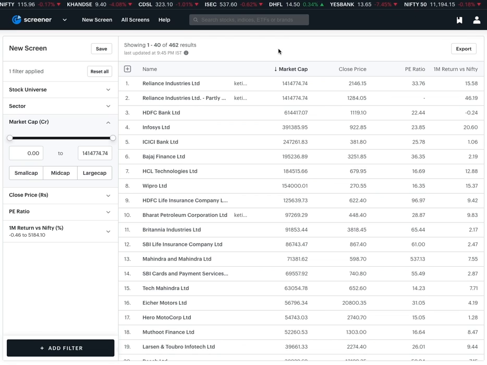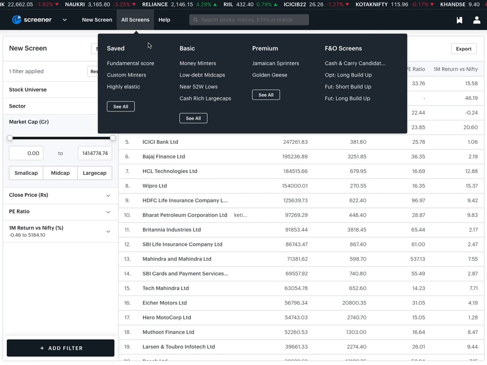So there are different themes that we have already looked at and created different screens for you to get started. Obviously, you can make changes to them, and you can apply those changes and create your own versions of those screens. So to find all the pre-built screens, we will go to this option here called All Screens.